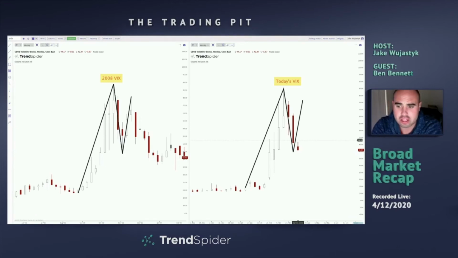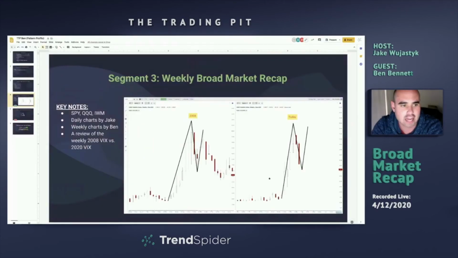I've kind of gone to the strategy of going cash over the weekend because I'd rather have cash into Monday than be scrambling on Monday trying to figure out what I'm going to do, because the news is so much different from how we closed. Regardless, I don't really care which way the VIX goes, but this is something to note into next week. Maybe a little fuel for the bears who think we are due for a pullback. So we'll just have to see what happens. But I did want to mention the weekly VIX here as an area of interest. And I will hand it off to you now, Ben, to look at the weekly side of SPY, Q, and IWM.